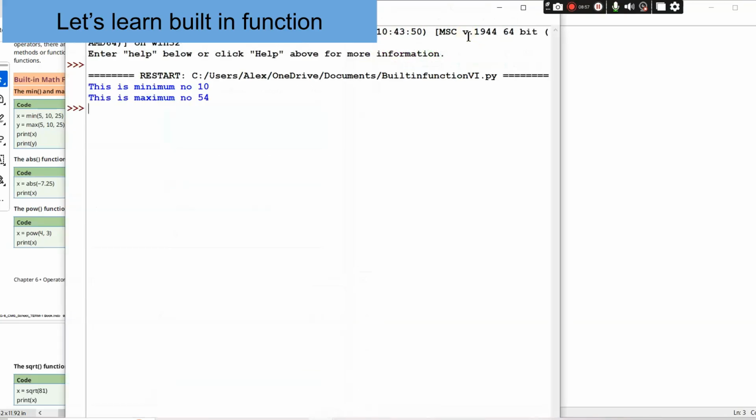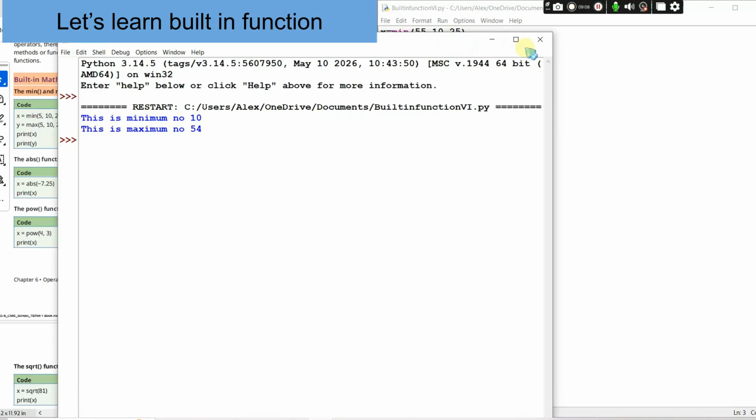Let's see. Oh wow, that's good. This is minimum number 10. This is maximum number 54. Yes. So my suggestion again, especially in practical time also, instead of creating any confusion, is one more thing, Ama, if you want to elaborate more,